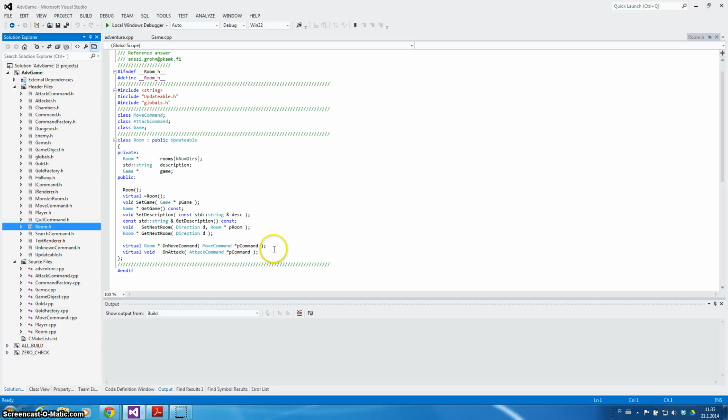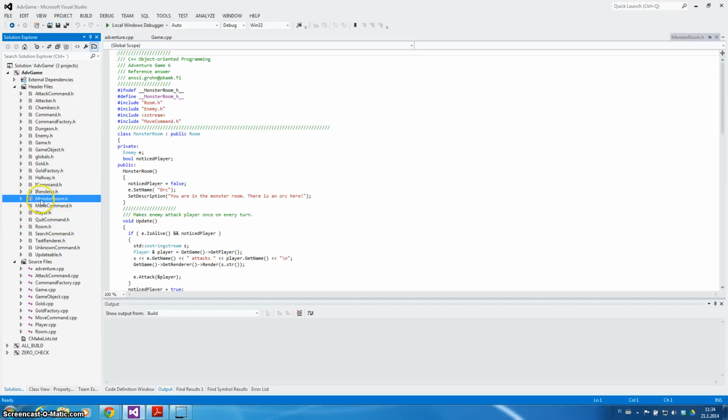But as we see, the room itself doesn't have the update, so the room itself cannot be created, but classes which are inherited from the room have to have the update command. So on